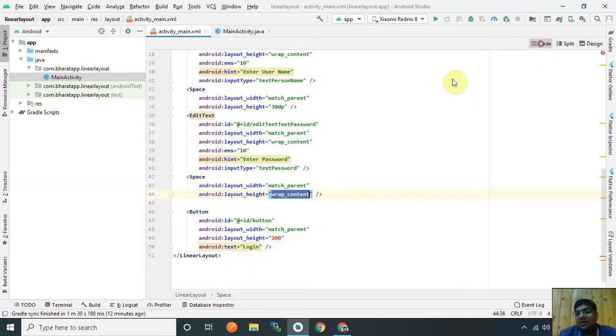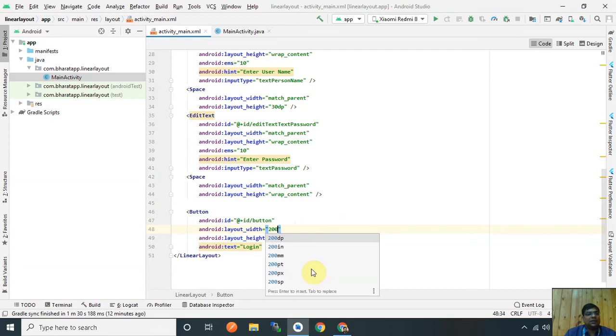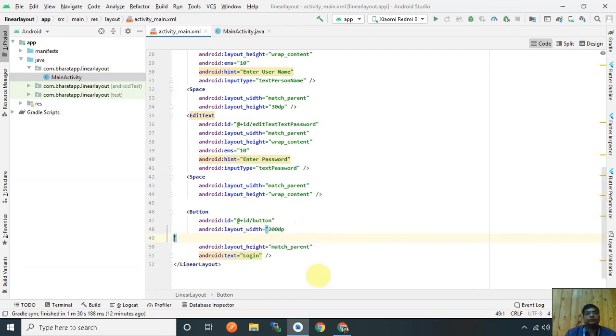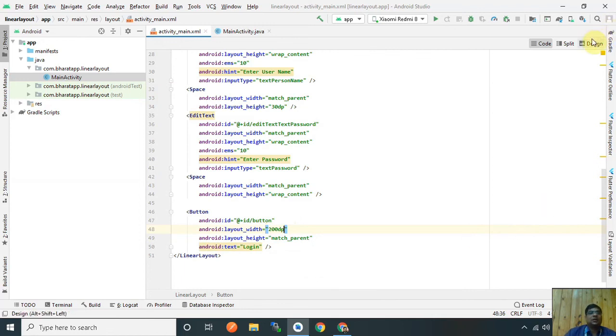That is the XML view and that is the design. Okay. Now I change the width to 200 dp.